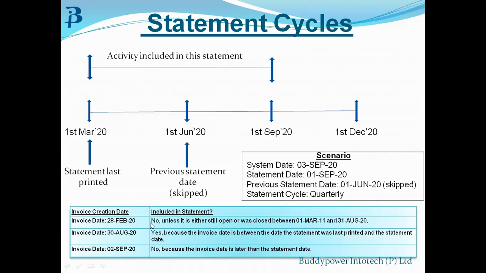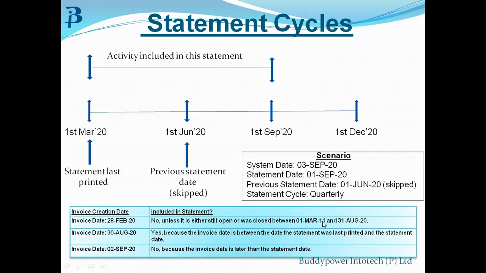This table illustrates the logic used for particular invoices on that statement. There will be more invoices also which will be raised. Now suppose there is an invoice which has been created on 28th Feb 2020. Will it be included in the statement? No, it will not be included unless it is either still open or was closed between 1st March 2020